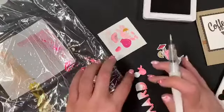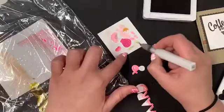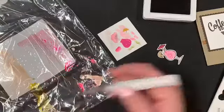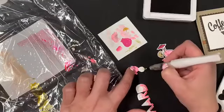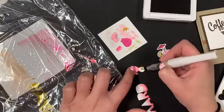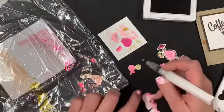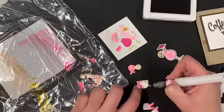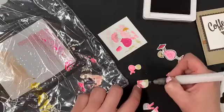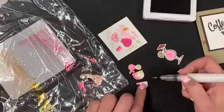My goodness. Okay, so then we're gonna flip it. And again, we're gonna test. Okay. And I am not gonna color the middle. I'm gonna leave the middle plain for a minute, and then when I go back, I'm gonna blend it through. So it's almost like a sunset where there's a white,